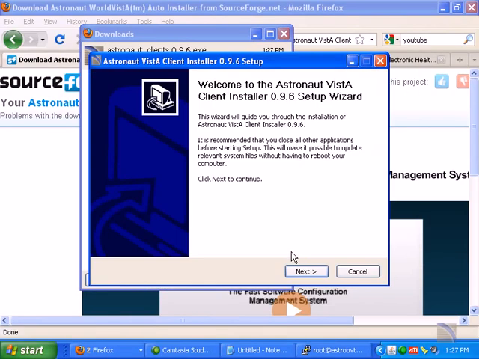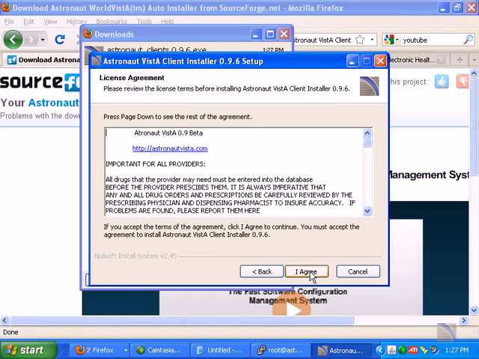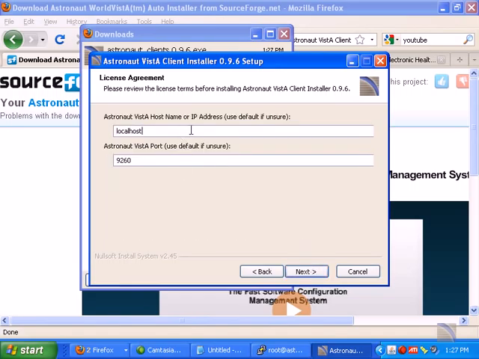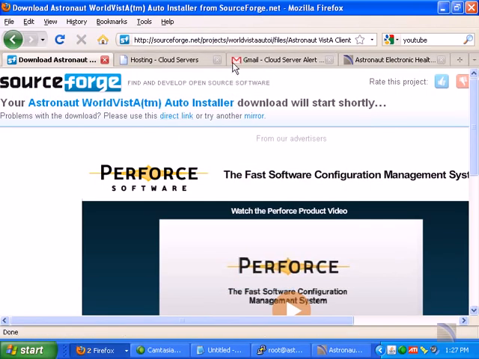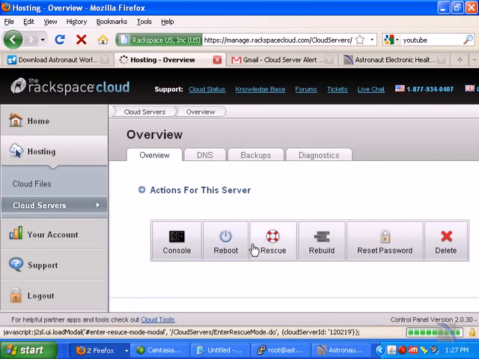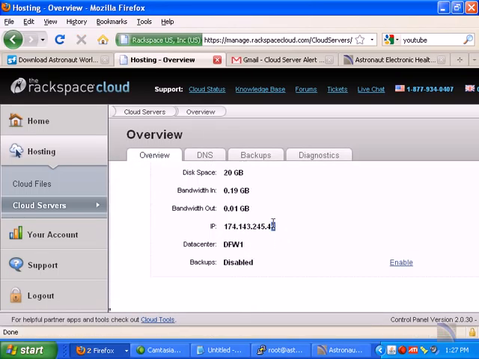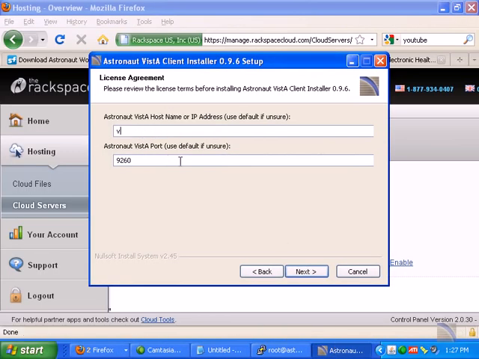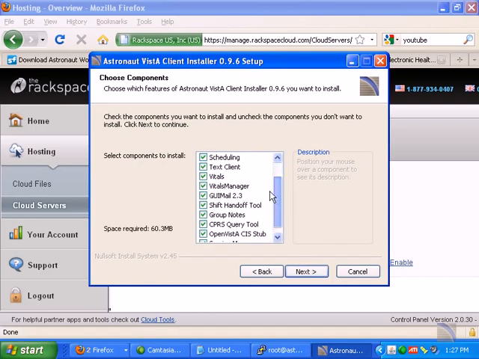The splash screen will appear, and you accept the defaults, agree to the license. Then the only piece of information that you really need is the IP address of the server. And we have a couple of cloud instances running, so we're going to go ahead and access the IP address of that server right here and copy it into the installer using Control-V, Control-C, Control-V. Here's a list of all the things that Astronaut Client Installer installs, including the Session Manager,